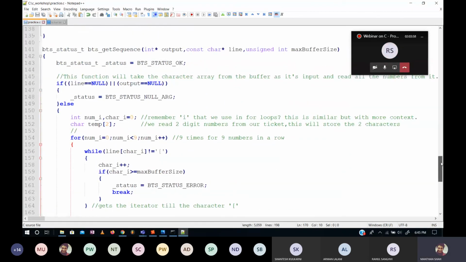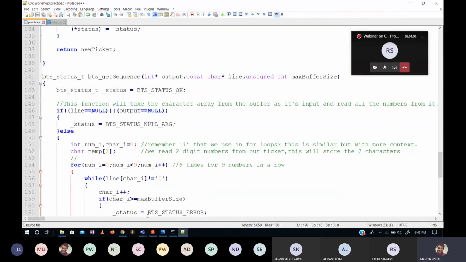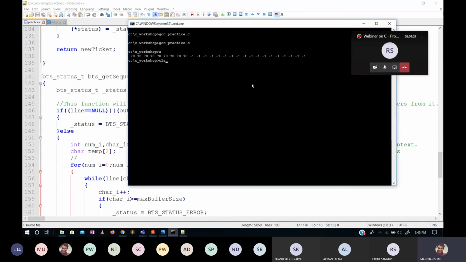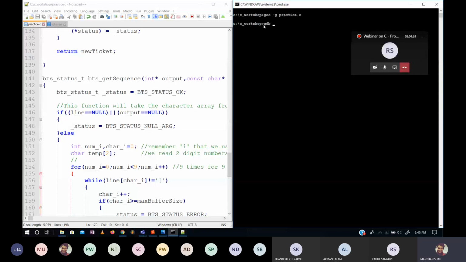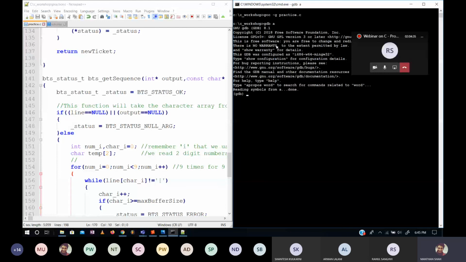ठीक है, चलो, I think now would be a good time to show how debugging happens. In order to use a debugger, we need to first pass this -g flag to GCC during compilation. Now the command to debug is gdb. gdb is the GNU debugger, a program that allows you to debug. So you write gdb space your executable name, which is a here, and we have entered the debugger.